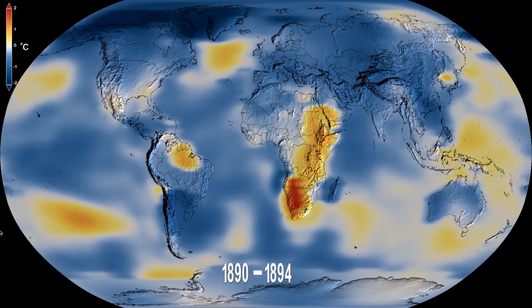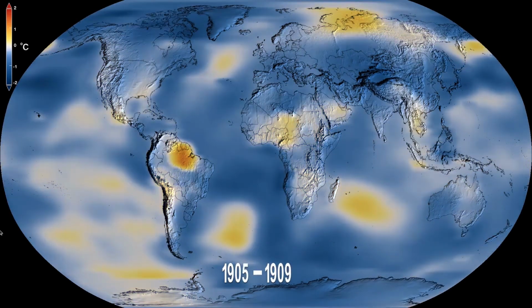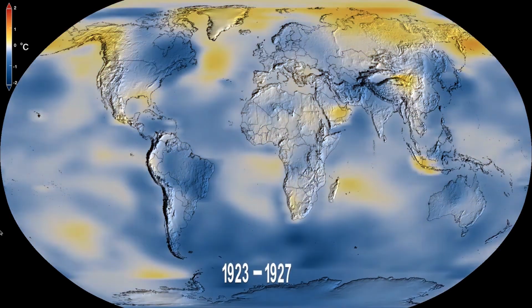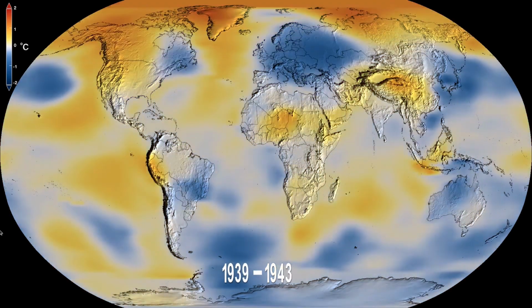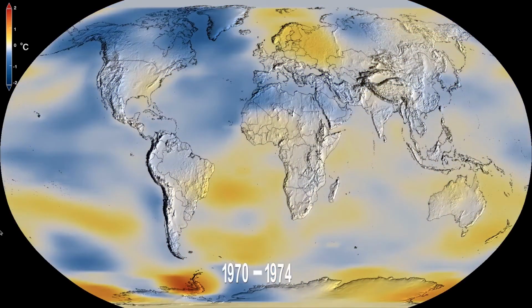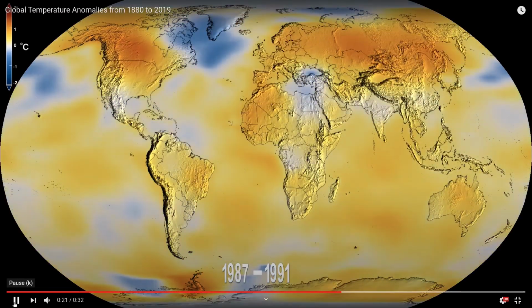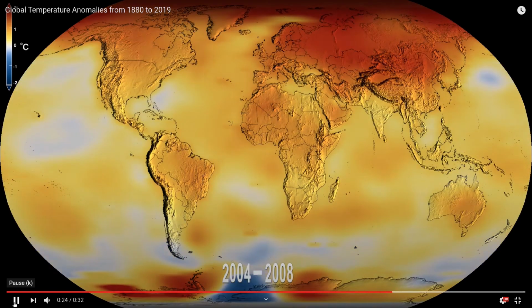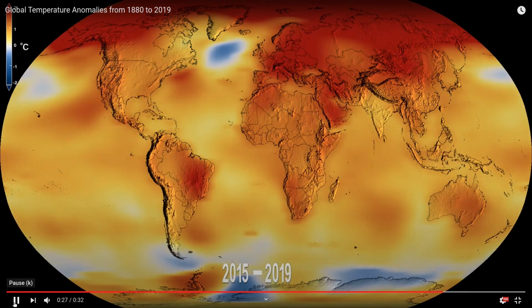So I'm going to hit play, and we're going to see changes. This would be weather. The changes that we're seeing are weather. Those are short-term changes, but the overall long-term trend would be climate. So now we're up into the 70s, we're up into the 80s, 90s, 2000s, and here we are at the end. So it looks now like just about everything except for the tip of Antarctica and this blob,